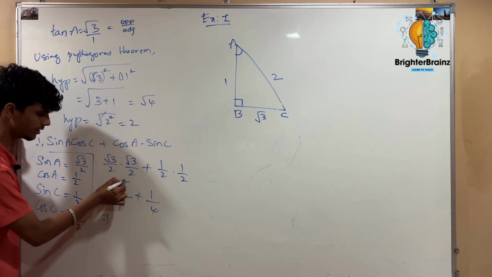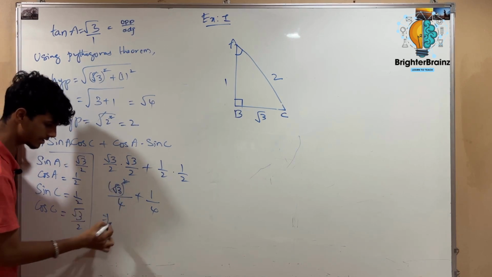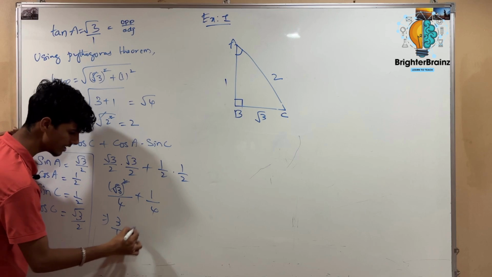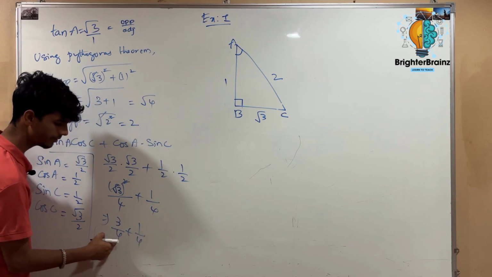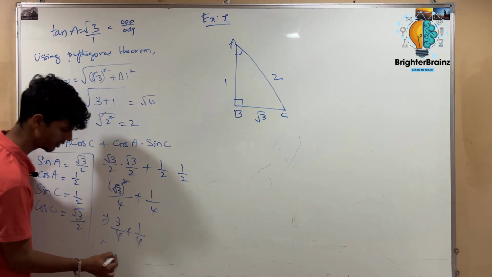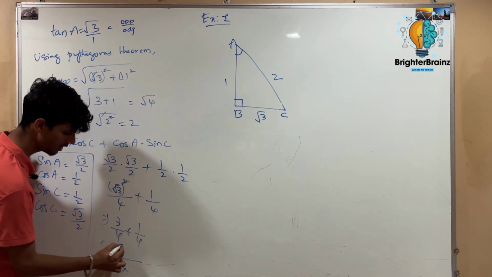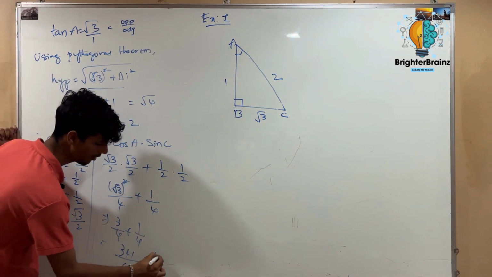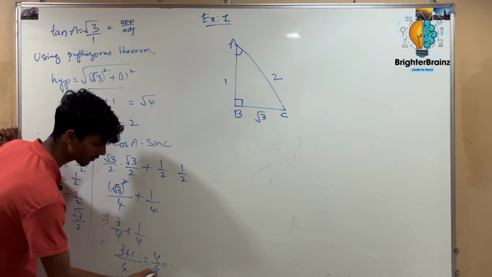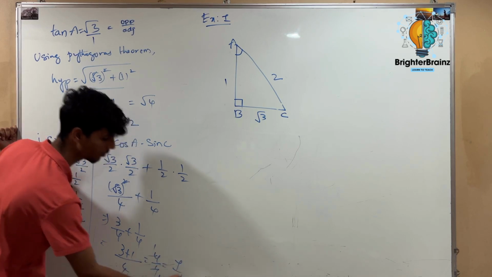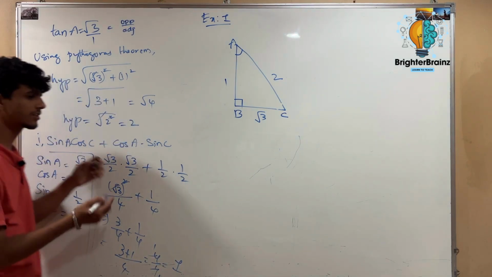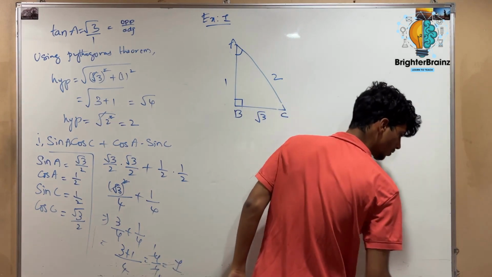So root 3 whole square means square and root will be cancelled out, that is 3 by 4 plus 1 by 4, and the same denominators. So let us take it as 4. Directly we can add 3 plus 1, that is 4 by 4, that equals 1. Answer is 1. And next, the second one is